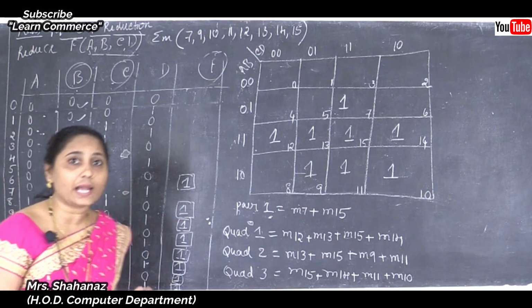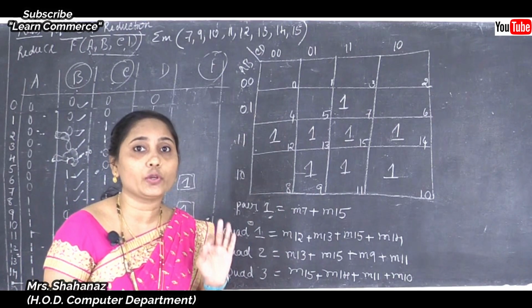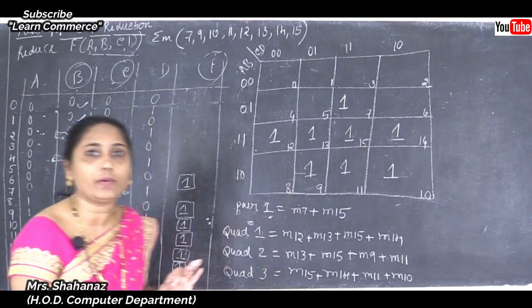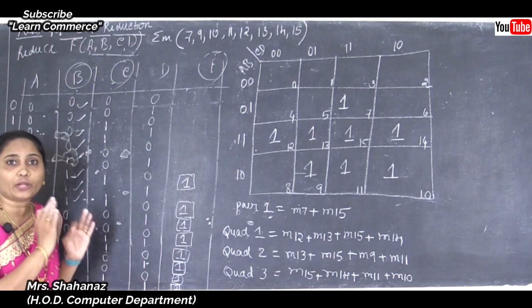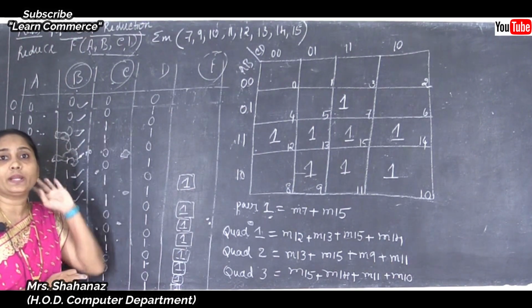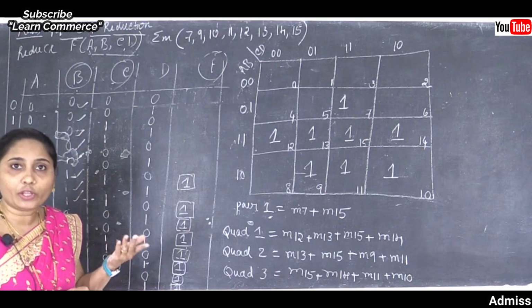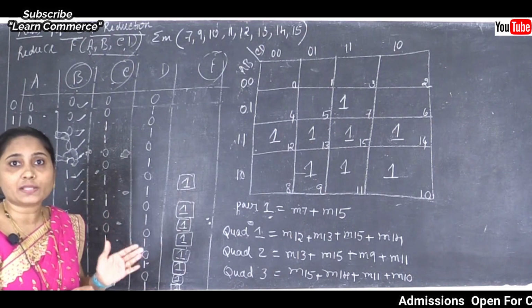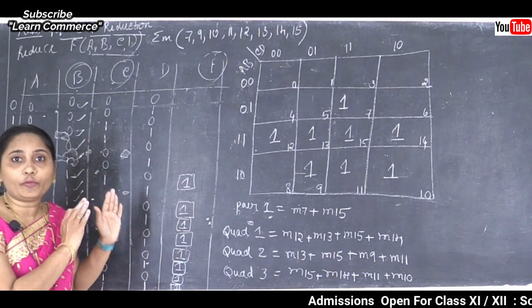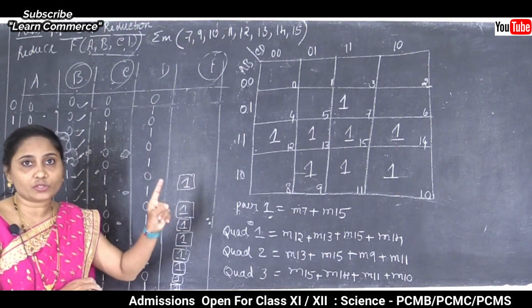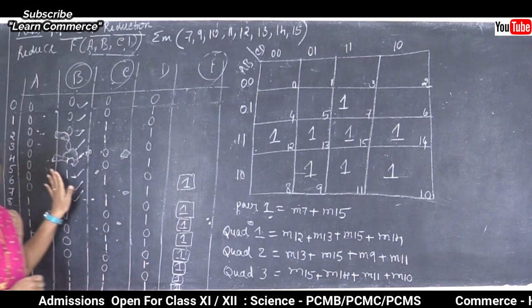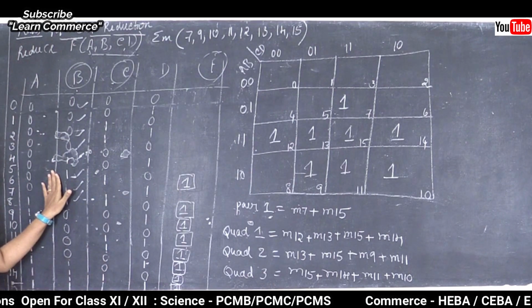So whatever values are provided in our question, in front of such values we need to take the output as 1 in our SOP reduction. And whatever numbers are not there in the question, in front of such numbers we need to take the output as 0. So clear this point here. This is our first step in our SOP reduction rule.